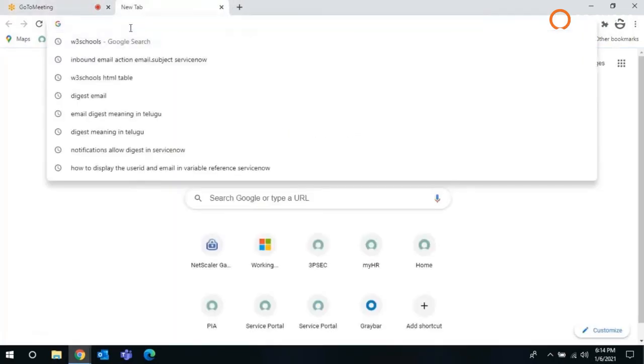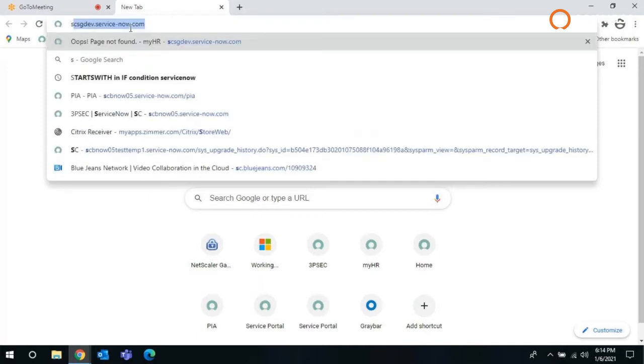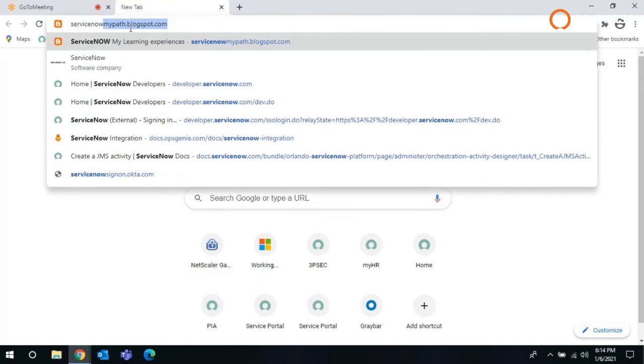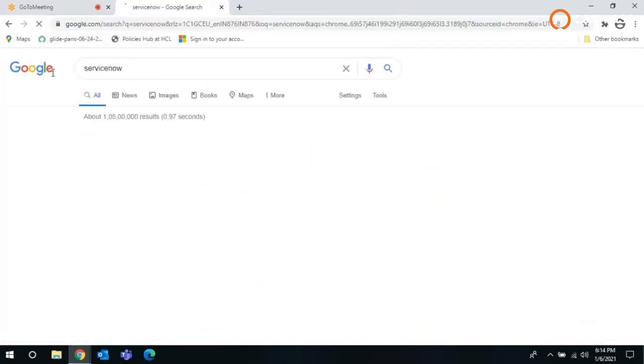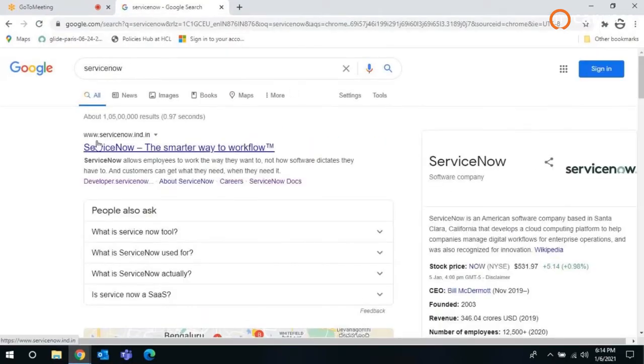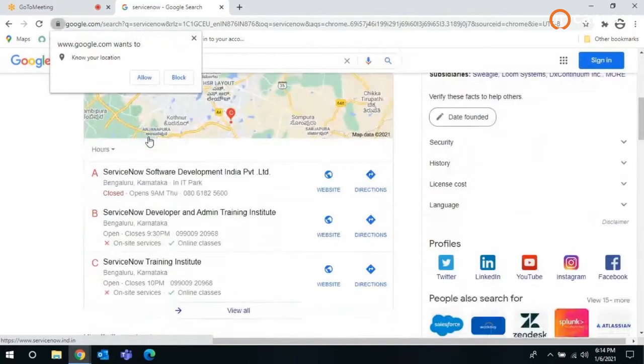So as I already told, ServiceNow is a cloud platform tool, so we don't need to install any software, but you need that software to be accessible from your laptop through the internet. For that, you need to go to the ServiceNow site. Just type ServiceNow in Google. The first is ServiceNowIndia.com, and below, if you go